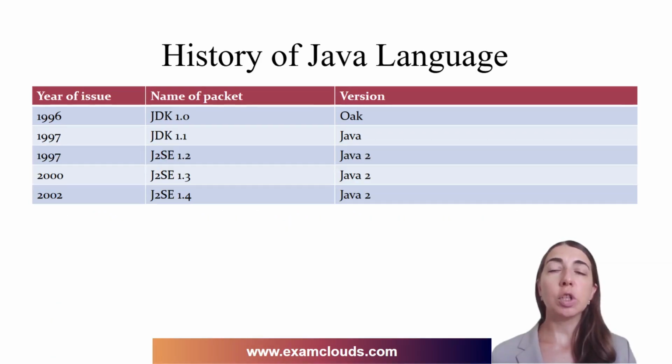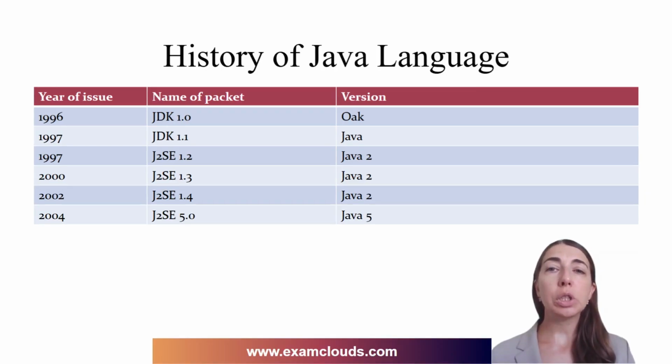The next version of Java also came out in 1997, and the package name was renamed from JDK. JDK stands for Java Development Kit, to Java 2 SE, Java 2 Standard Edition, and the language line was called Java 2. In 2002, the third and fourth versions of Java were released, but the language line still kept this Java 2 name. It became so ingrained that many books were published called Java 2, but which actually described subsequent versions of Java. With the release of Java's fifth version, marketers finally decided to change the name, and it became Java 5,